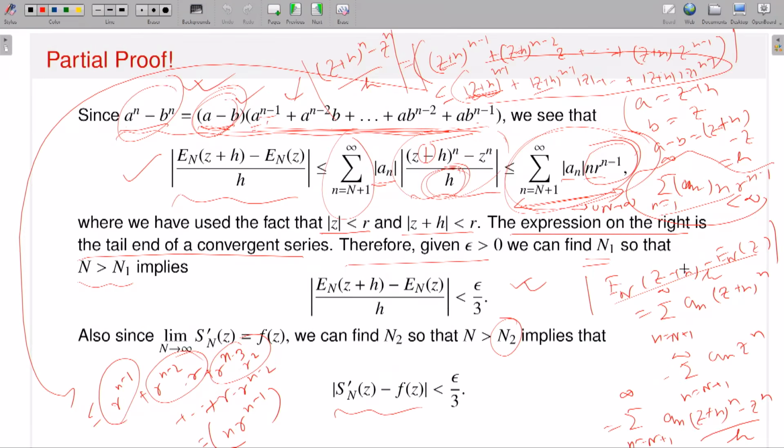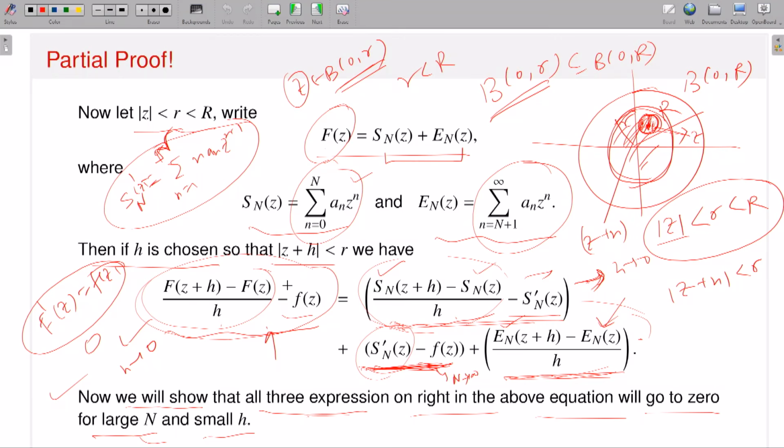Okay. So this is called the epsilon by 3 argument. This is very nice. First you just break this object into 3 parts. So this is 1, this is 2, this is 3. First you conclude that this goes to 0 as n approaches infinity, because it is a tail of the infinite series. This also converges to 0 because it is nothing but the nth partial sum of the convergent series. So I first fix n by choosing so that this goes to 0 and this goes to 0. Having chosen n, then I choose h very small, so that this term also goes to 0.